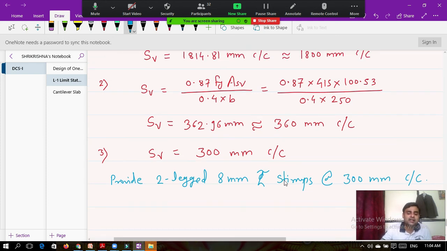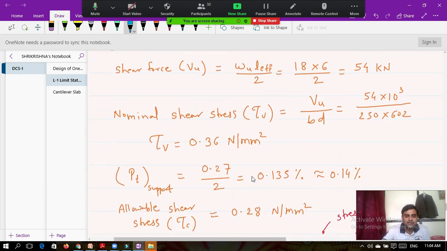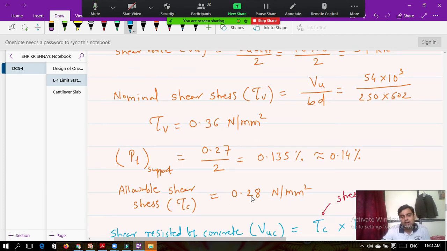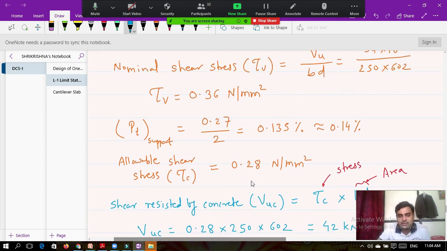सो स्लॅबच्या केसमध्ये आपण स्टिरप्स टाकत नाही, कारण आपला जो हा चेक आहे हा चेकच सेफ येते इथं टाऊवी आणि टाऊसी. आपला टाऊसी नेहमी ग्रेटर येतो त्या स्लॅबच्या केसमध्ये, त्यामुळं हे पुढचं कॅल्क्युलेशन आपल्याला काय करावं लागत नव्हतं. स्लॅब सेफ येत होता शिअर मध्ये.